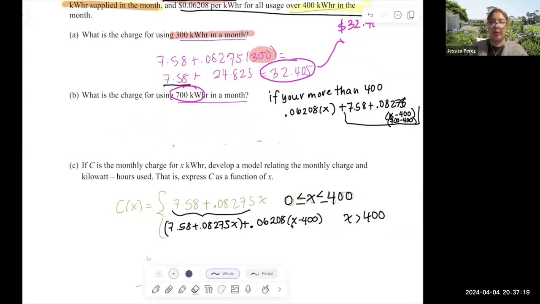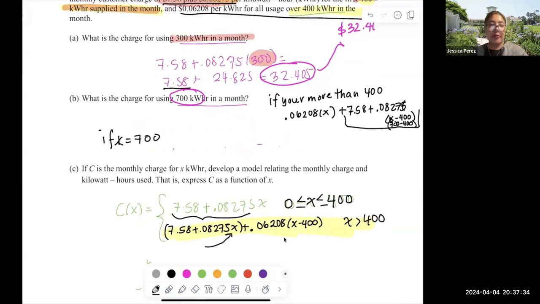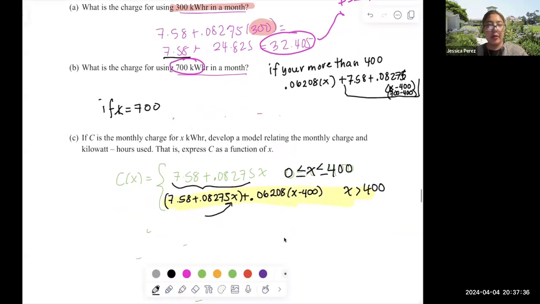And let's apply the formula that I have here into our Wolfram Alpha. So if now X is 700, okay, we're going to be applying our first 400 here because that's how much it's going over. And then here it'd be 300. So now if X is 700, so you went over